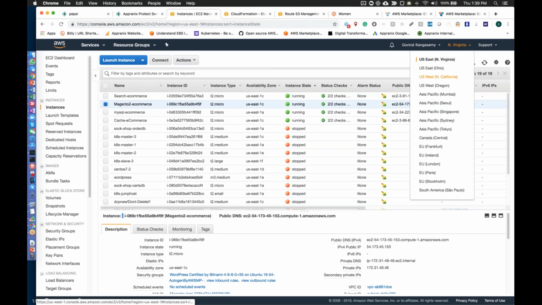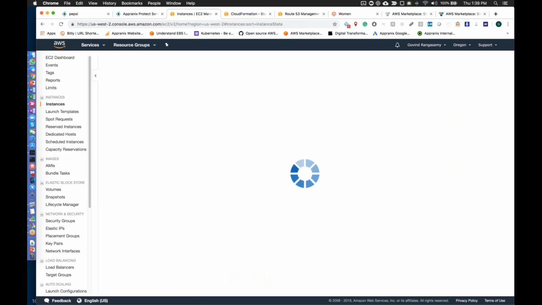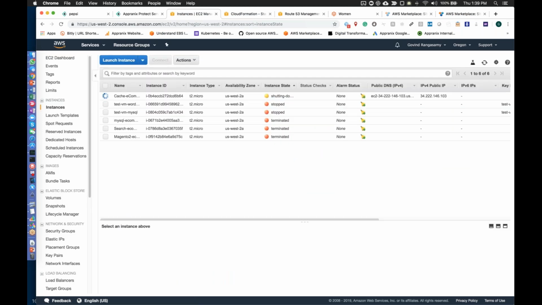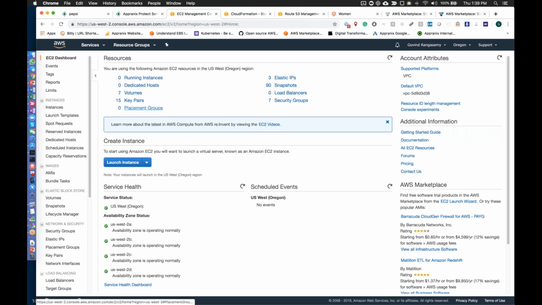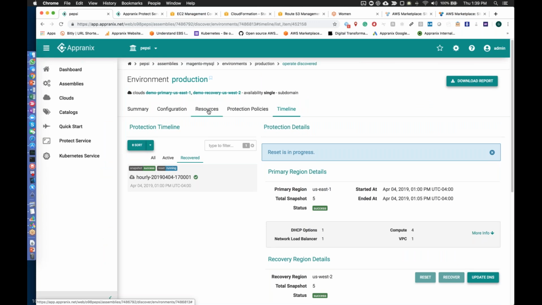So you can see the Oregon region will be cleaned up appropriately without any resources except those snapshots that need to be maintained for your hot standby situation. And other than that, all the resources will be completely cleaned up. They went back, the snapshots will remain, everything else will go back automatically. Now, that's the overall system capabilities.